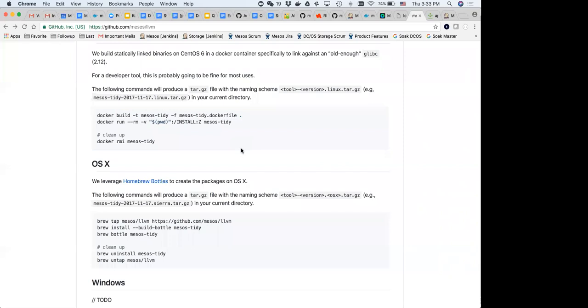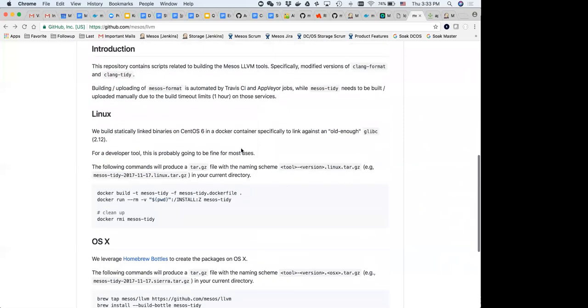For client tidy, the motivation there was because some of you might know we have a Mesos tidy job on Jenkins, which runs client tidy all over the code base and gives you tidy violations. But what that doesn't allow us to do is take advantage of client tidy's fix-it feature. For example, there's the use override client tidy check, which will show you places where override can be added. And if you run client tidy with -fix, it'll actually add it for you and do those modifications